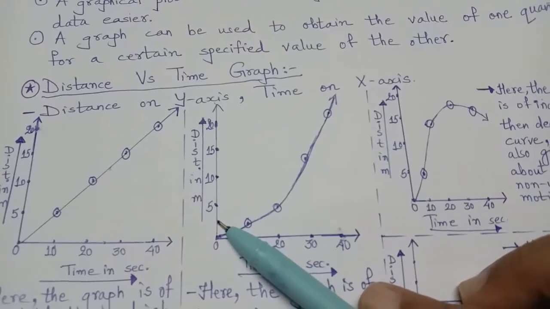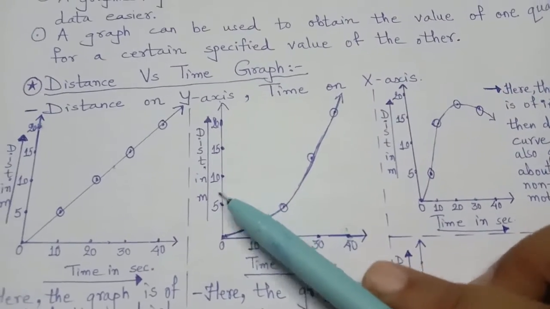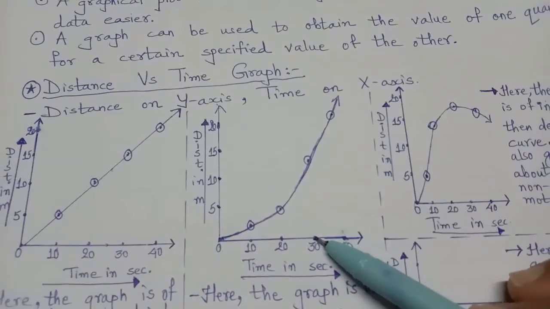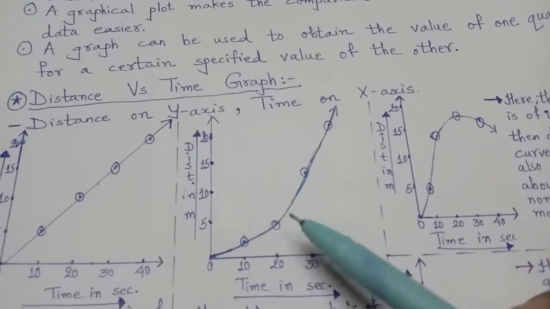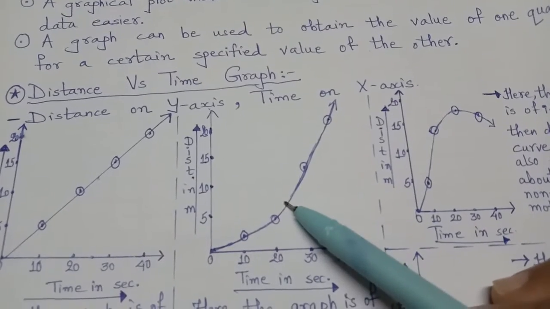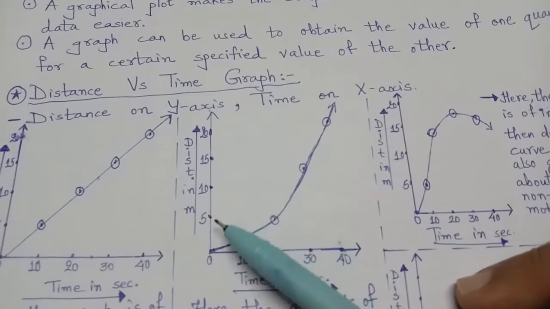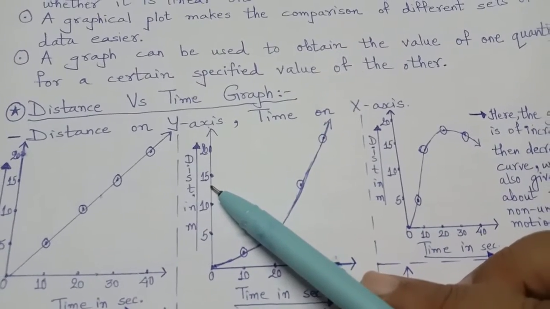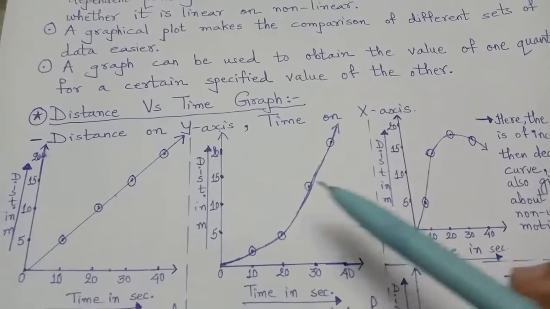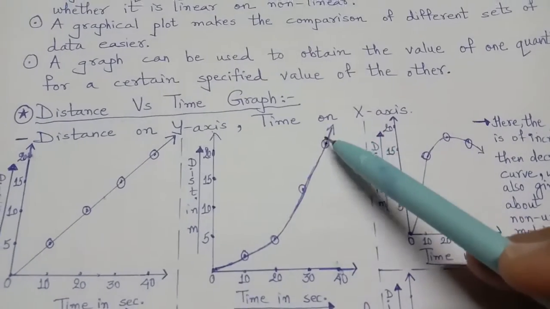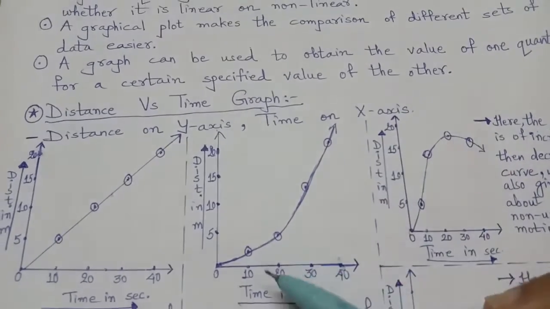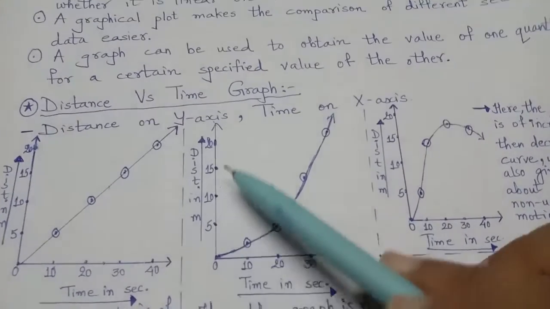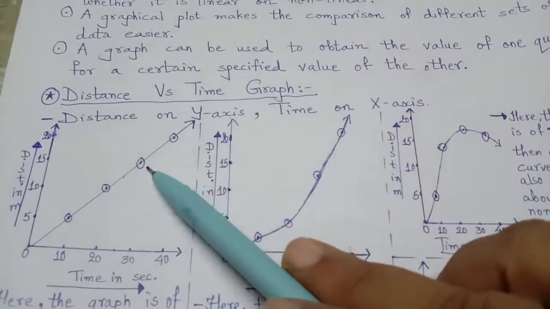Now in 10 seconds it should again increase by 3, so 3 plus 3 is 6, but it is increasing only 2 meter, so 5. Now again at 10 more seconds, that is 30, it should increase by only 3 or 2, but here you see it jumps from 5 to directly in between 10 and 15, right? Again at 40 seconds you can see it is above 20. That means the time interval is 10, 10, 10 each time, but the meters are not like 5, 10, 15, 20.